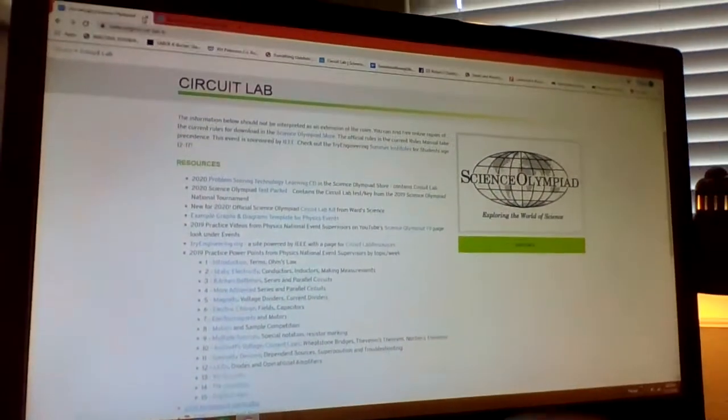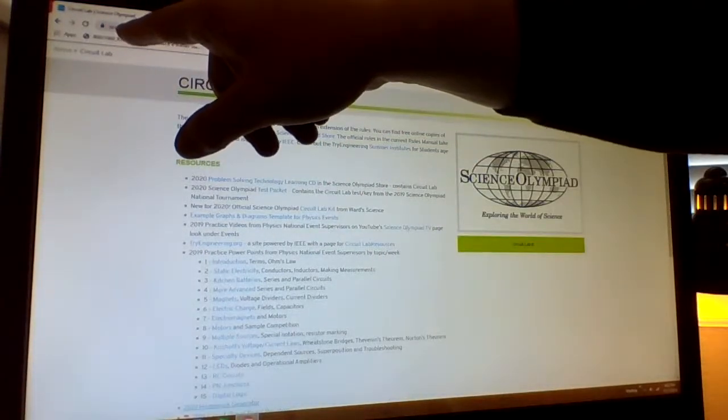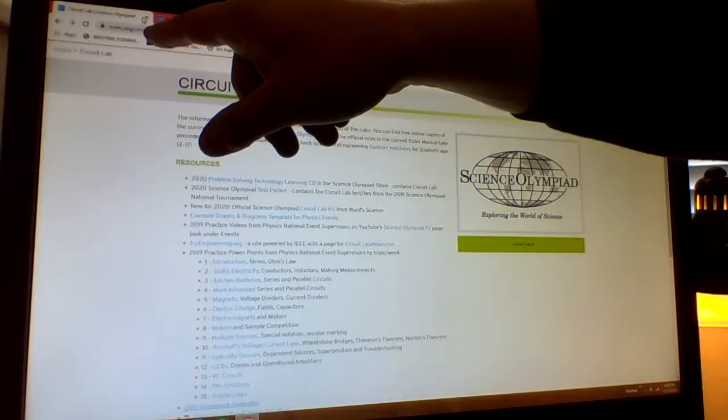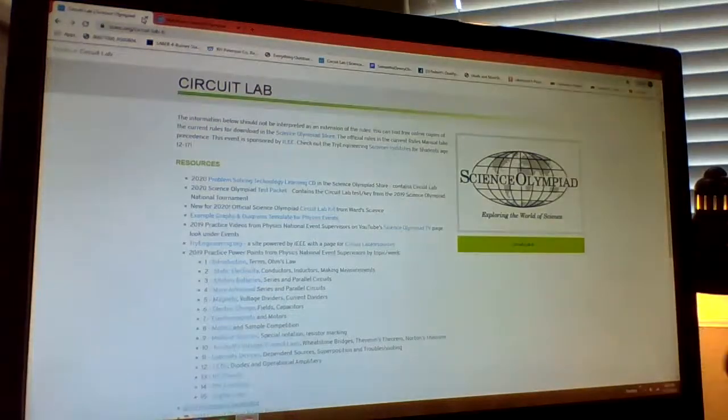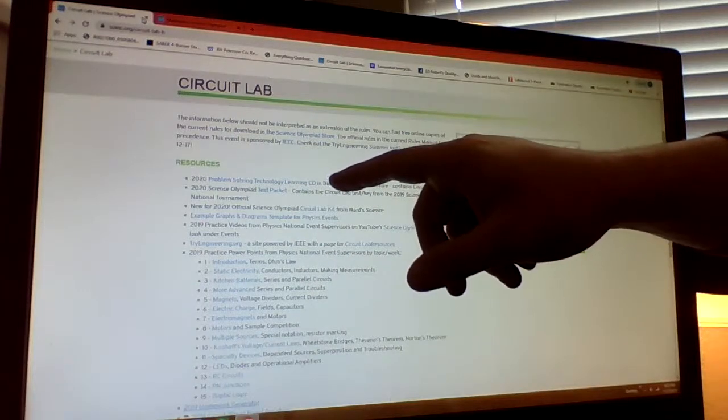So what I've done over here, and hopefully the lighting will be better today, is that I have set up my computer here to sort of show you what the national website looks like. What you'll notice here is that this is what Circuit Lab looks like. It's soinc.org/circuit-lab-B or C. You'll notice it has all the resources here. So there's a problem-solving techniques